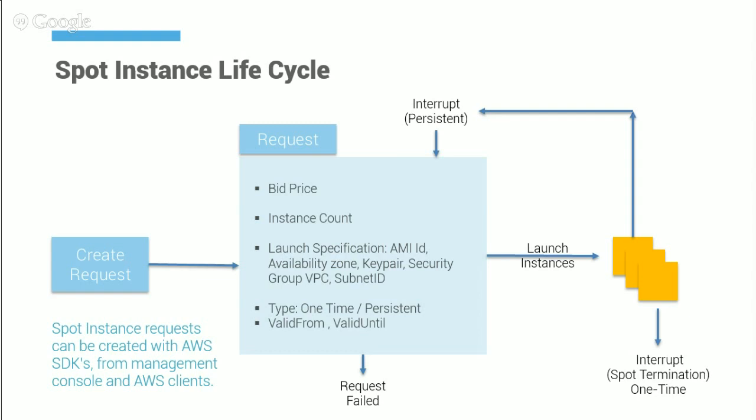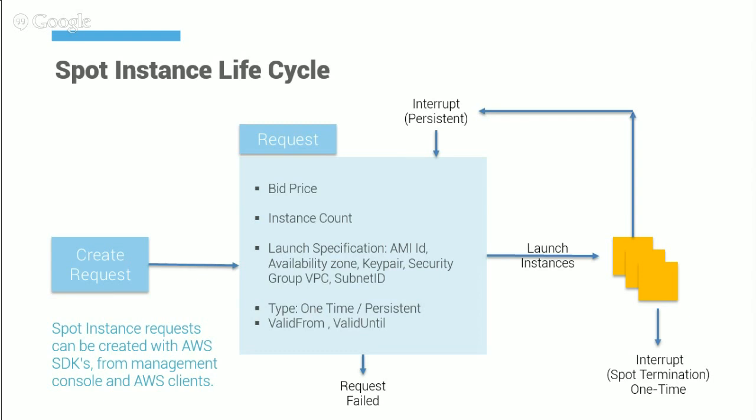You just have to be careful here. The AZ and VPC are optional, but all the other parameters are mandatory. And you also specify your type, that is whether it is a one-time request or a persistent spot request. A one-time spot request is where you just place a request, spot instances are launched or not launched